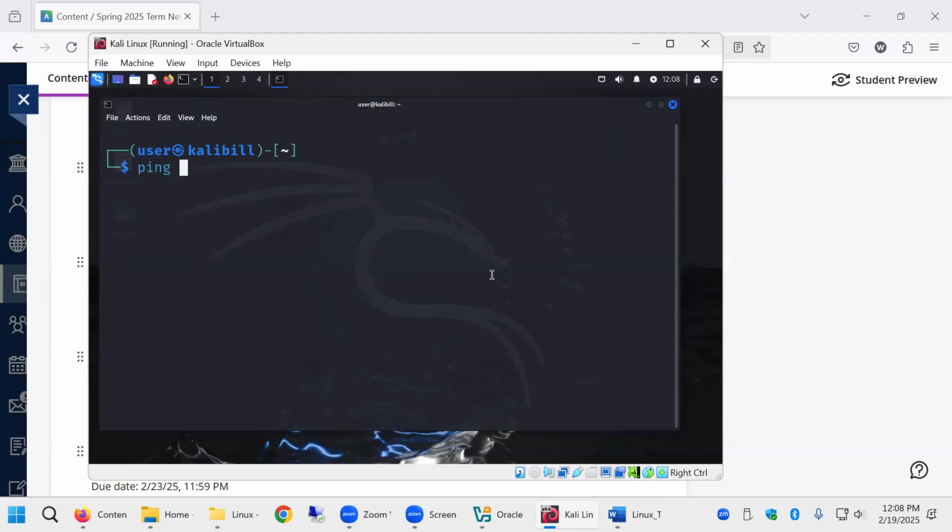One of our number one troubleshooting commands in all operating systems is ping, Packet Internet Groper. It uses the ICMP protocol, which is a testing protocol, to send packets from your machine to another machine to see if there's a connection. And if it gets a reply, it measures how fast it takes in milliseconds. So if we ping google.com,